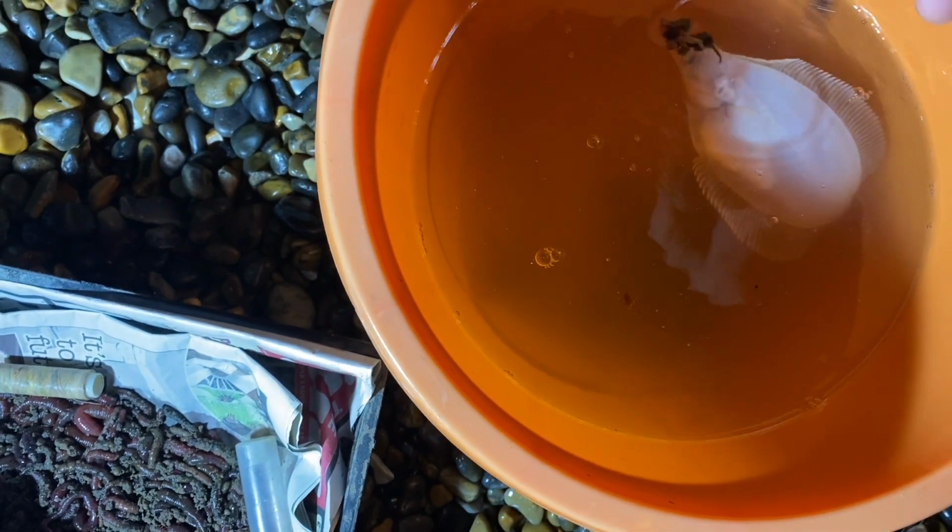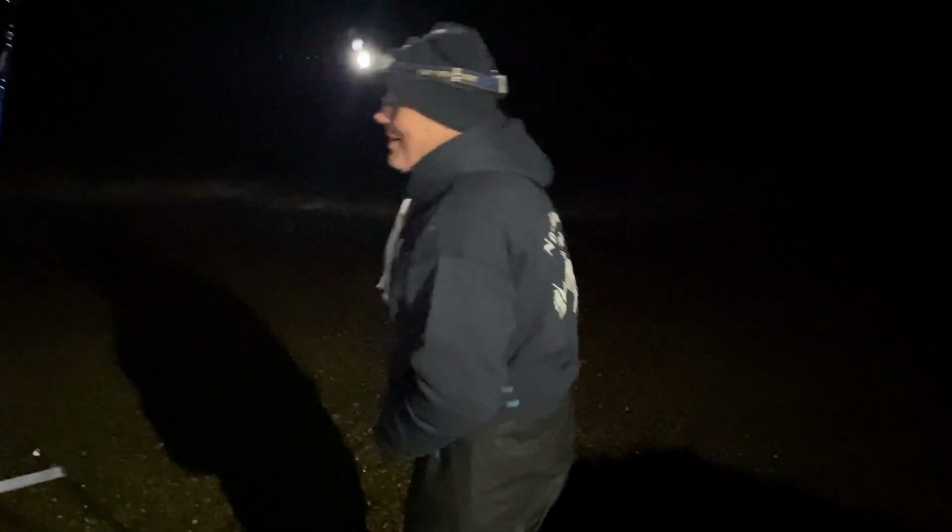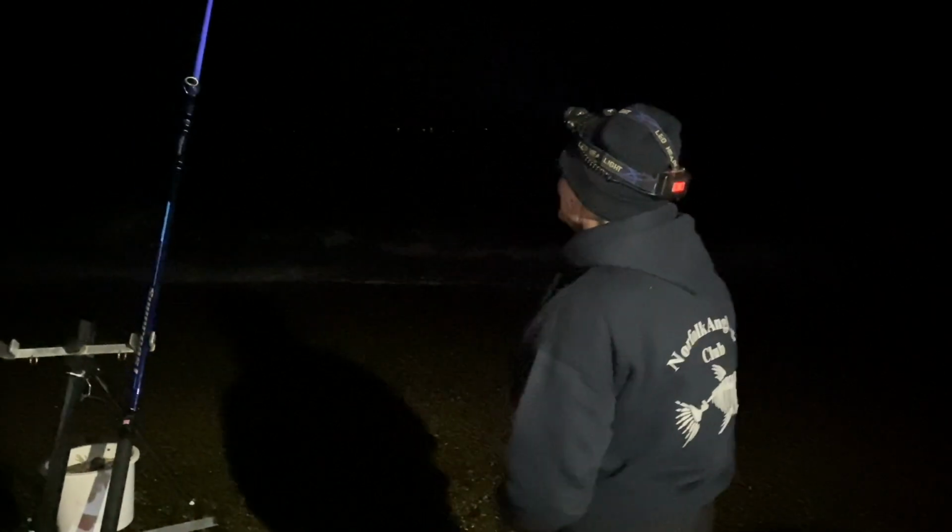There's 13 pairs fishing, 26 anglers, so it'll be interesting to see. Down the beach you can see all the lights down there, so I'm sure by the time we get up into the car park there'll be some surprises caught, but at the moment Bob and I aren't doing anything magical. Yeah, but don't beat yourself up about it, Bob. It's early days, mate. Gonna catch a great big cod in a minute,